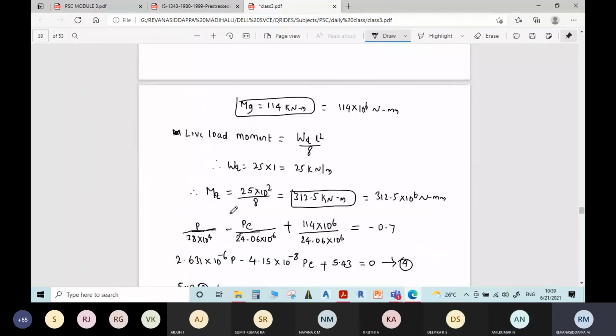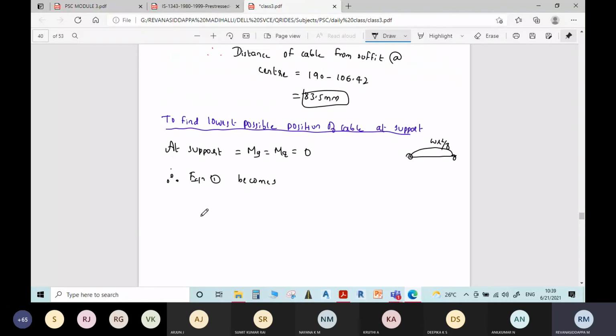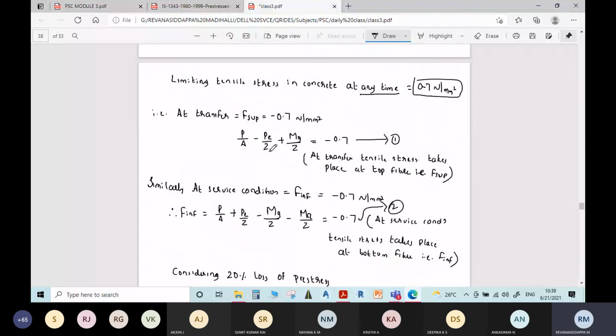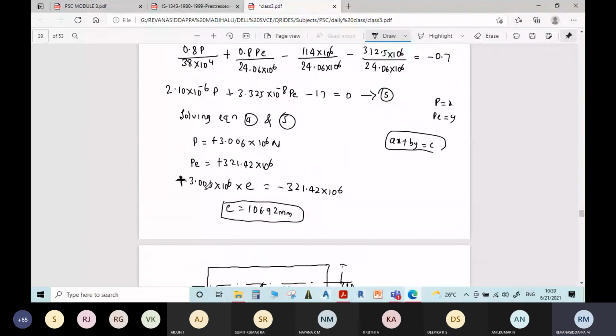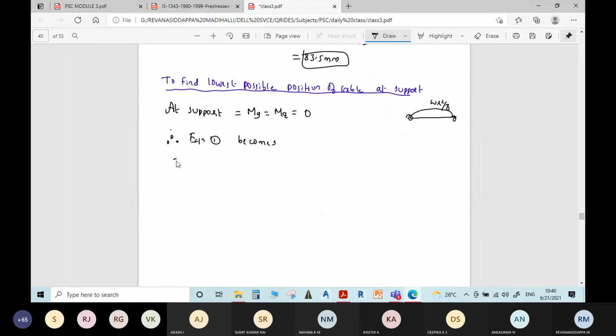Using this equation 1, therefore equation 1 is P by A minus Pe by Z. This Mg is 0 at the support. Only P by A minus Pe by Z is equal to minus 0.7. That P we have already determined. It is 3.006 into 10 power 6 N, the P value,